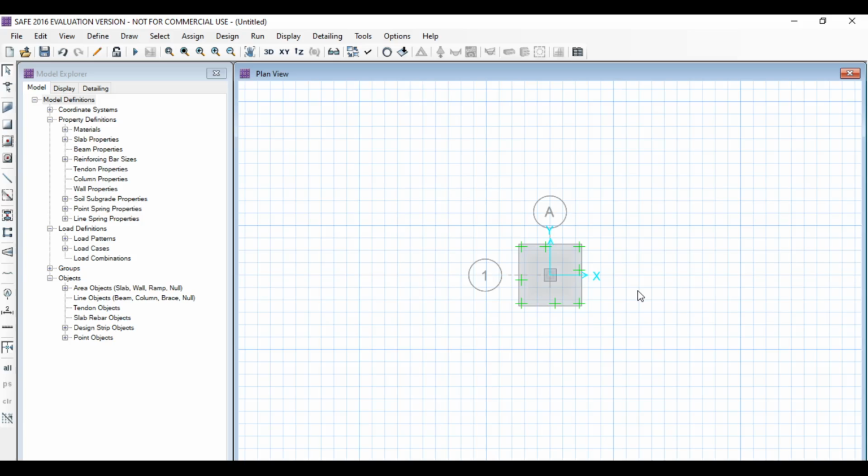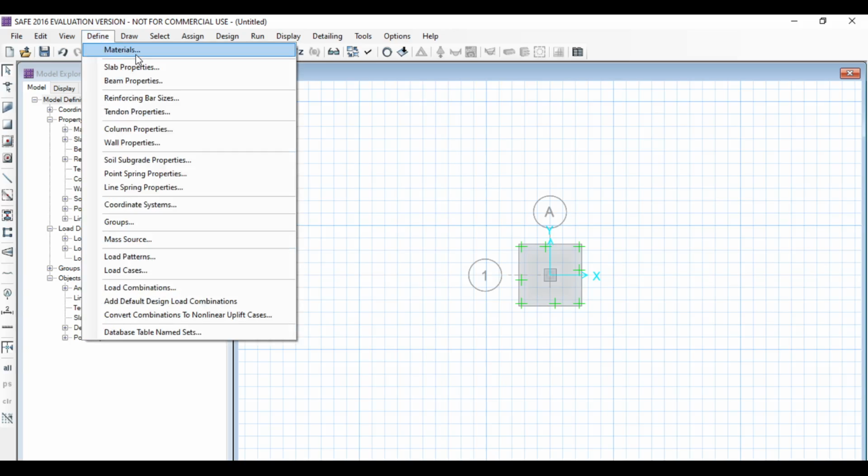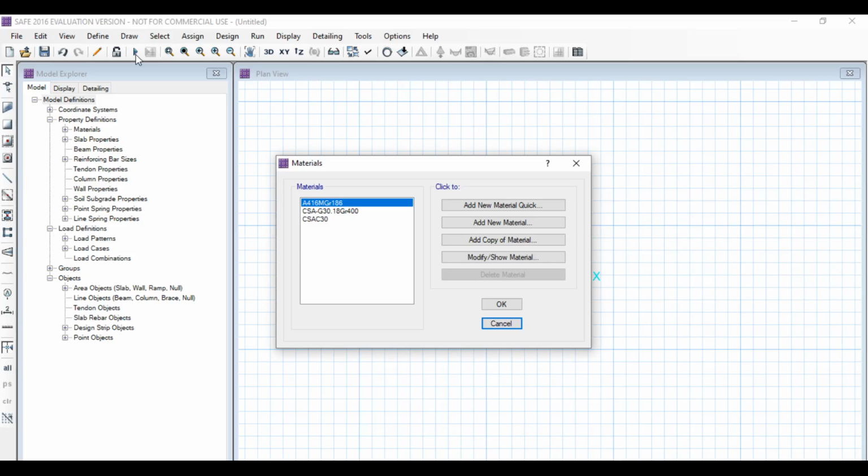Now define the material property. For this purpose go to the Define menu, click on Material. Here 3 values have already been set, but these are not for Indian codes.